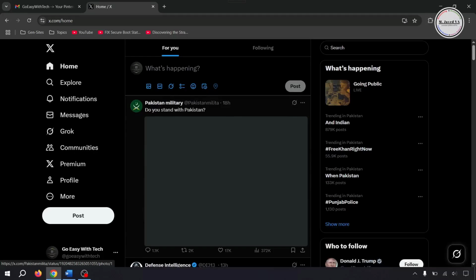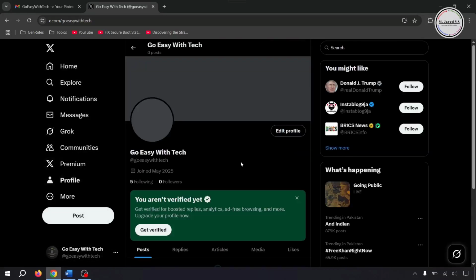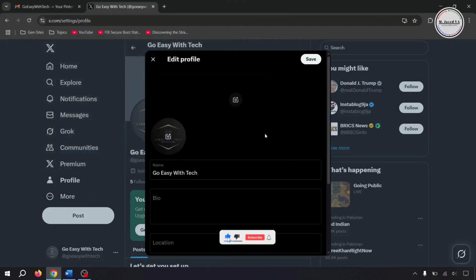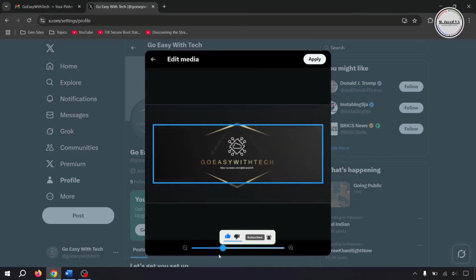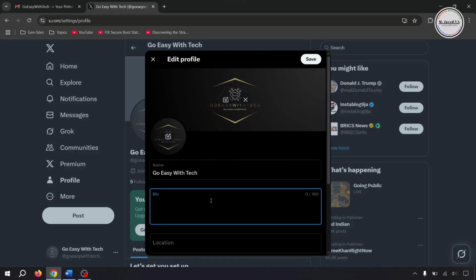Now your X account has just been created and you can go to your profile and make changes according to your needs. And this is how you can create your X